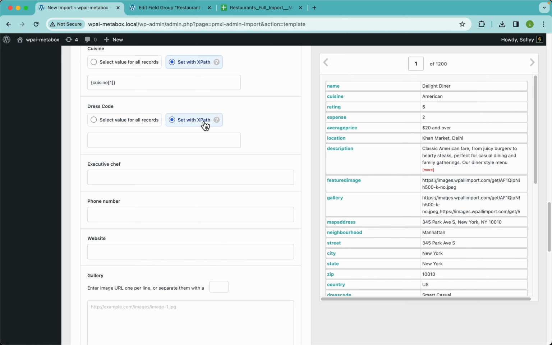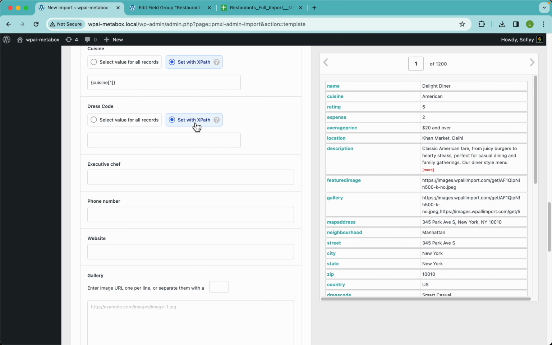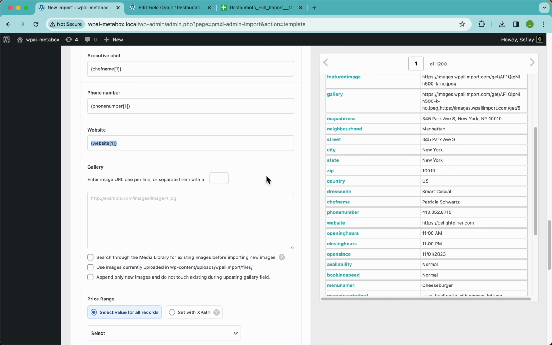Now for the dress code, same situation, guys. You could select the value from here, but we're gonna do this dynamically with XPath. So I'm gonna look for my dress code element, which is here, and then the chef's name, phone number, website, and finally we're here in our gallery element, which Metabox doesn't really have a gallery element, but you can use